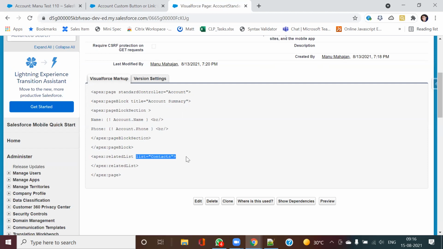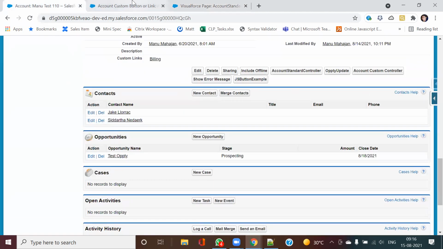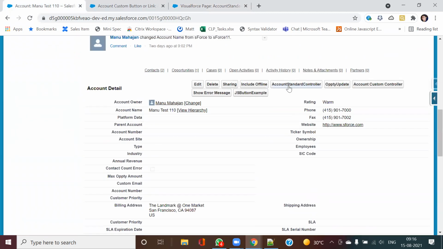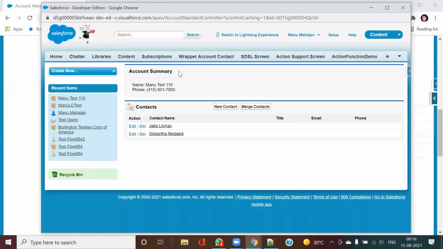I've taken contacts. And this related list will come the same way as you normally have it. So if you see here also, yes, I've opened this button. This is how it is: this is name, phone, and this is that related list.